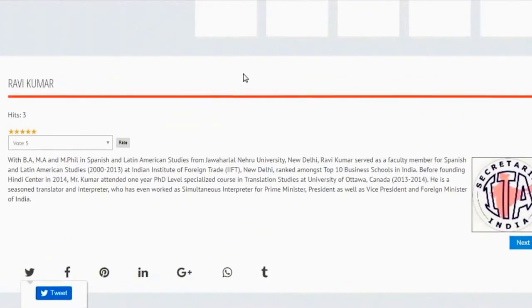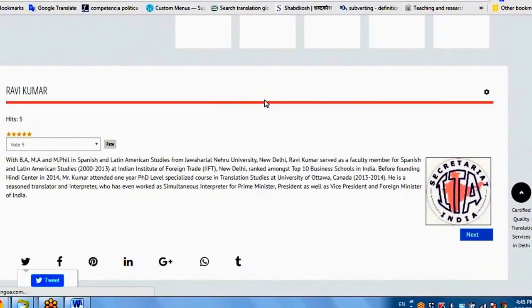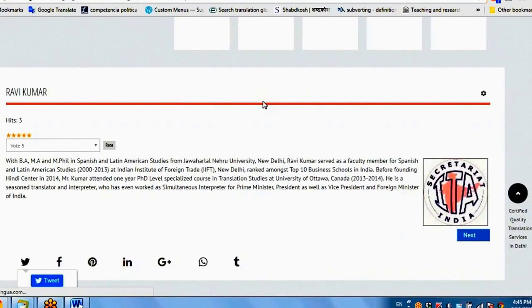Now can we check how many hits have increased? I will reload it. 29. Can you imagine? 29. So this is how you make yourself popular, you make yourself visible to each and every community.